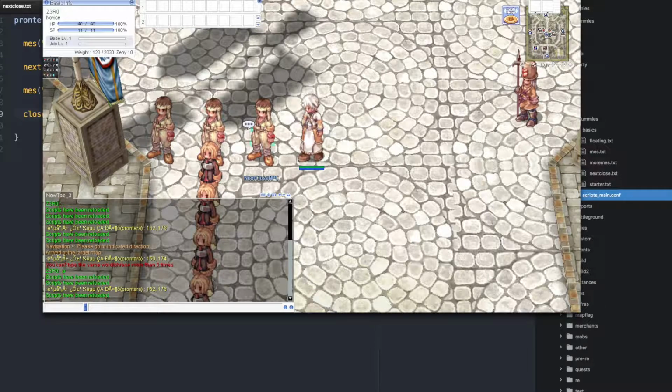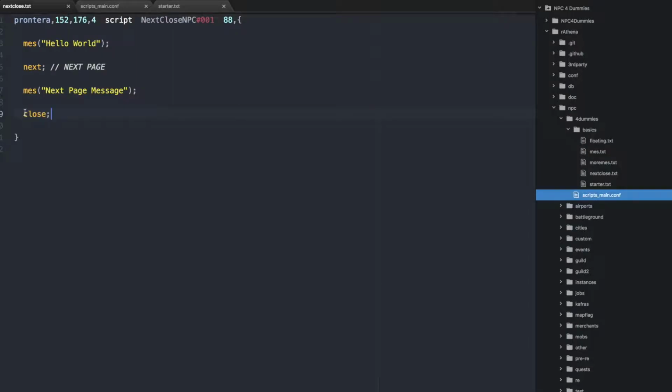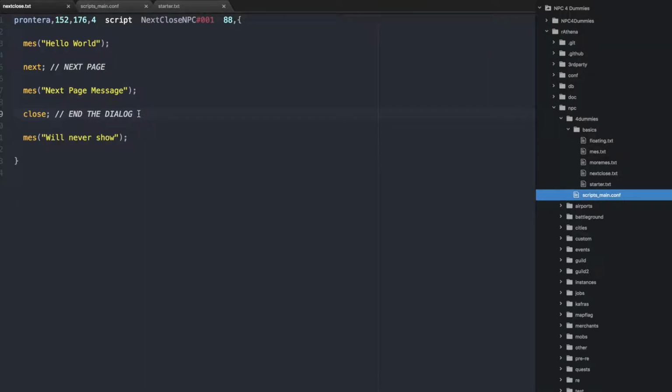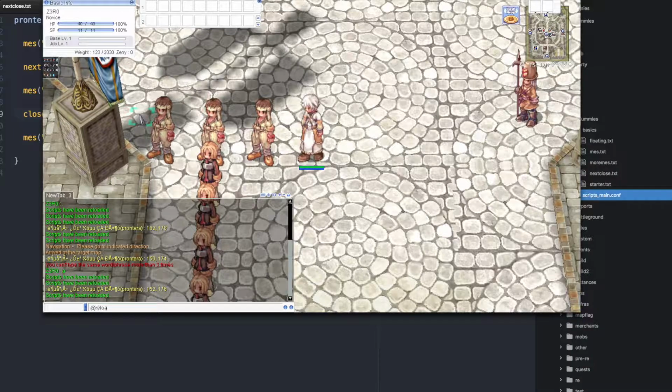Now, one thing to remember is the close button. So next is very simple. It's just the next page. So let's go to the close button. The close button simply closes it and ends the dialog. This will end the dialog. So anything down here, mess, will never show because this dialog ends. It just stops. It terminates everything. So if we go and reload our scripts again,